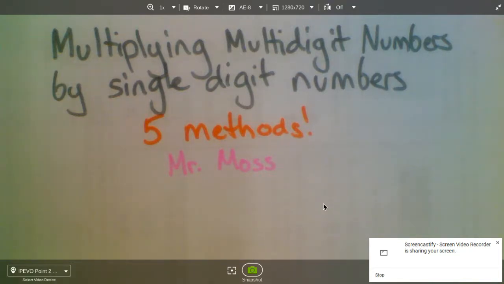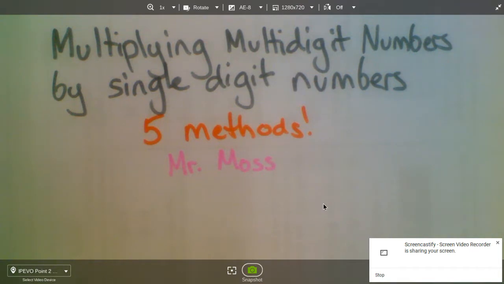Hi, this is Mr. Moss, and we're taking a look at 5 different methods for multiplying multi-digit numbers by single-digit numbers. We use 5 different methods because each one presents it in a slightly different way to students, and we want them to be able to choose which of the strategies really makes the best sense for them. Because the way that may work for you and I may not make as much sense for a fourth grader. And so we offer them different choices. In the end, as long as they can find one method that really does make sense for them, we encourage